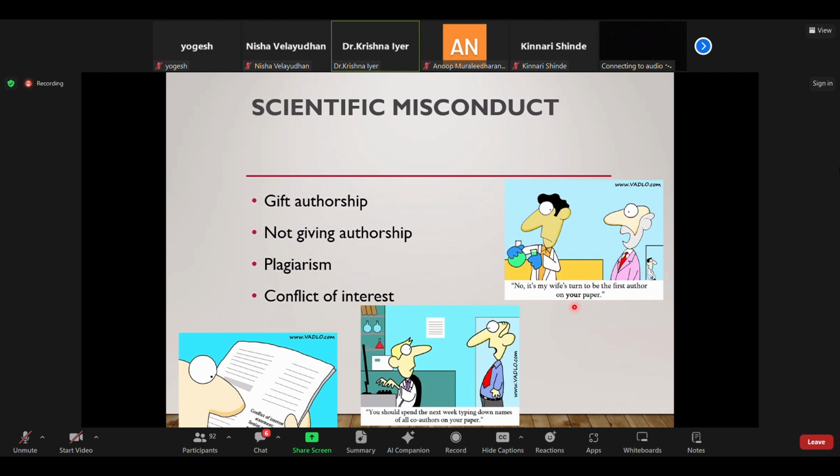Okay, this is called gift authorship, where just to pat each other's back, you start putting everybody's name on the paper. That is a no-no. Okay, and the other thing is, you have to also remember that nowadays